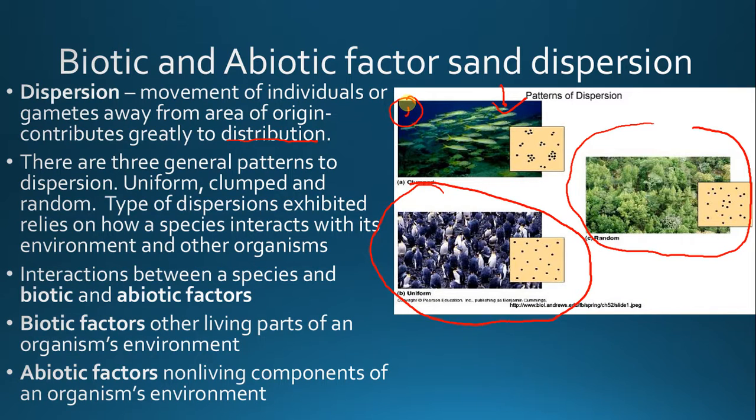Uniform distribution happens especially with territorial species of animals and plants. So when they get very aggressive in defending territory, or plants when they secrete certain chemicals in the soil that inhibit growth of new plants close to them to maximize resources. Uniform distribution usually happens with species that aren't very collaborative or aren't very social, that don't rely on each other too much. In random distribution,